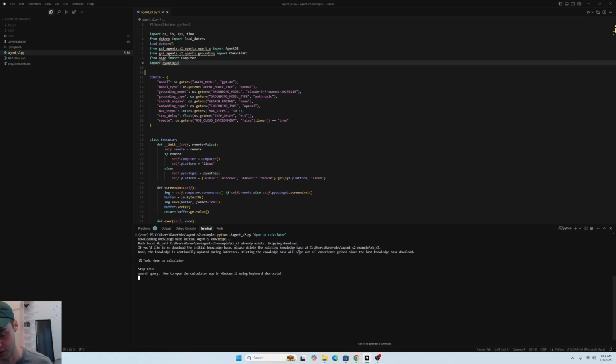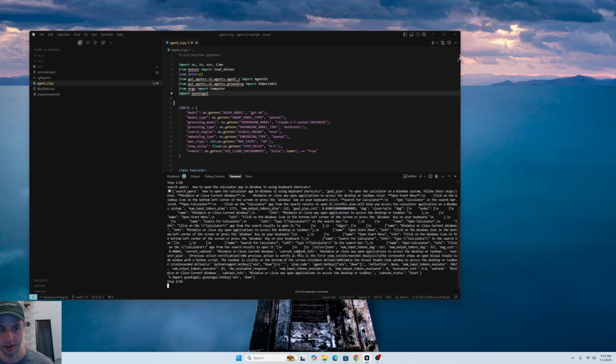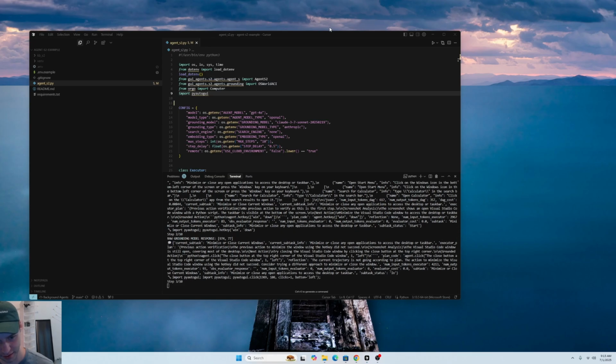It actually downloads to a file, like its knowledge base. It also stores the embeddings as well. So you can start to see it's moving something. I think it decided to minimize my current IDE to explore a little bit, see what it can click. We'll see if it gets there. It might take time. I probably won't wait around too much for this to finish,